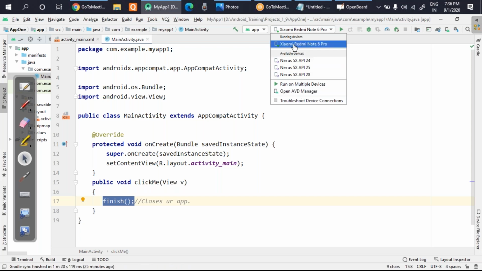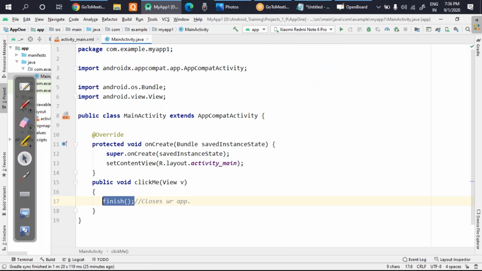Okay, I'll be running directly my project inside the smartphone. Okay, so let this be selected, and you just click on the green button. If everything is okay, your project will start execution, and in the smartphone you will be able to see the output. Okay, so I'll switch my screen and I'll show you there the output.